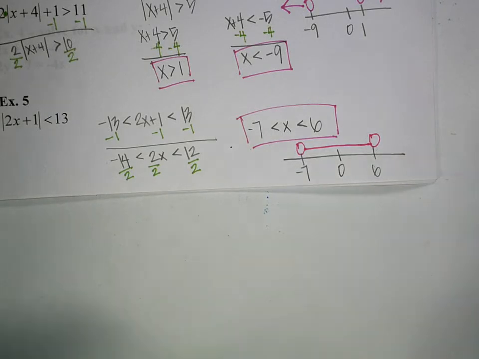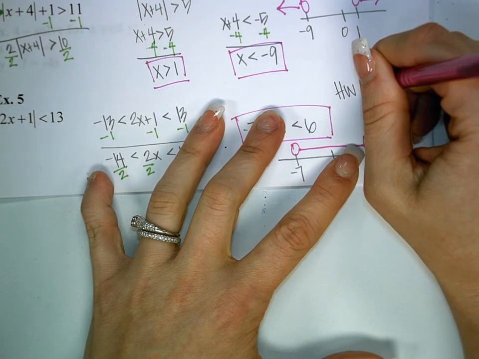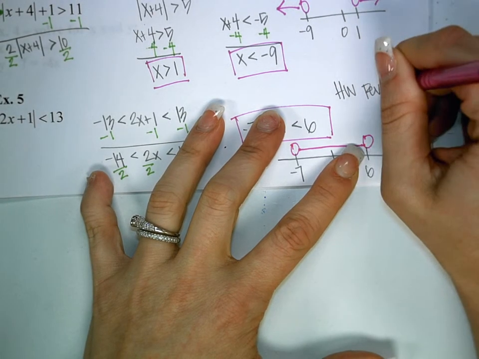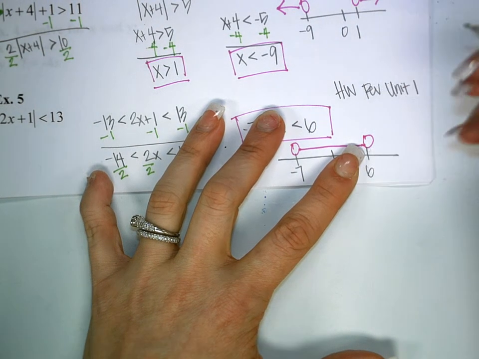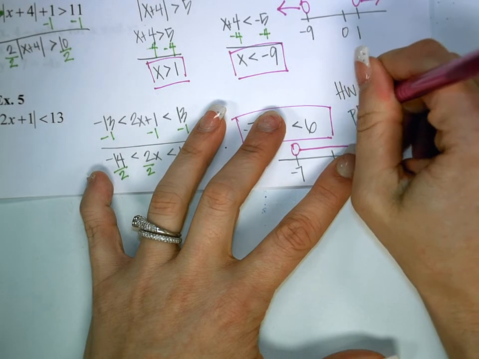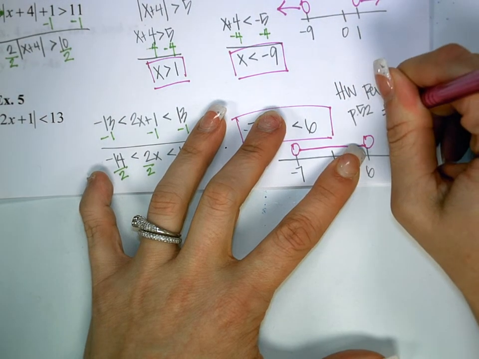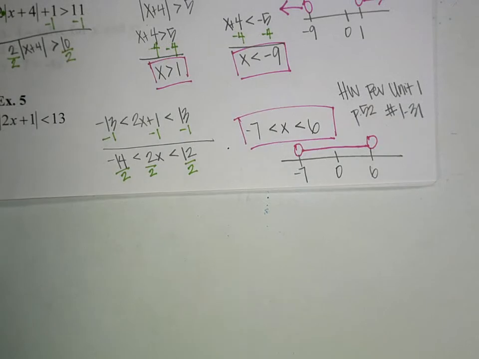Okay. Actual homework for this is you're going to be doing the final review worksheet, final review unit 1. It's in your green worksheet packet. It is on page 52 in that worksheet packet. You're doing numbers 1 through 31. I will put that up here for you guys so you can see it and get started on that. I'm also going to give you that multiple choice